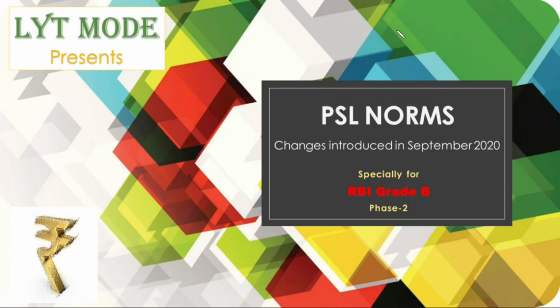So, today we're going to discuss the topic of PSL norms, which is extremely important for the upcoming RBI Grade B exam. Why? Because these norms have recently been revised through a notification given by the Reserve Bank of India in September 2020. There are a lot of revisions that have been made to the PSL norms, and those are very important for your RBI exam because September is when these norms were changed, and your exam is probably going to be conducted around December or January, which is like 3 to 4 months from these changes. So these become a part of your important current affairs.